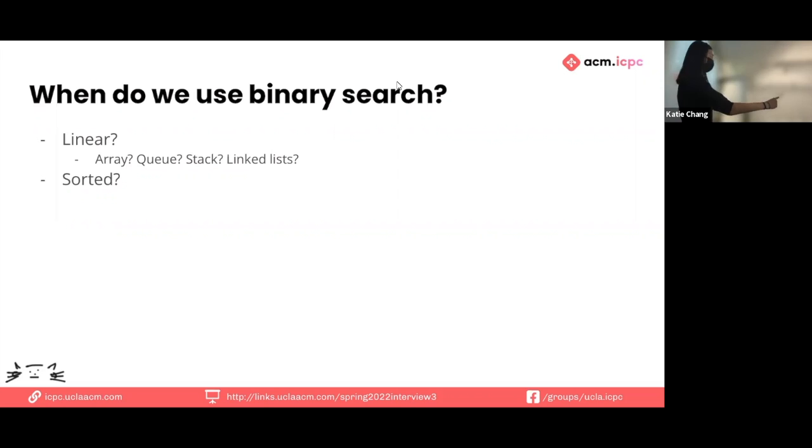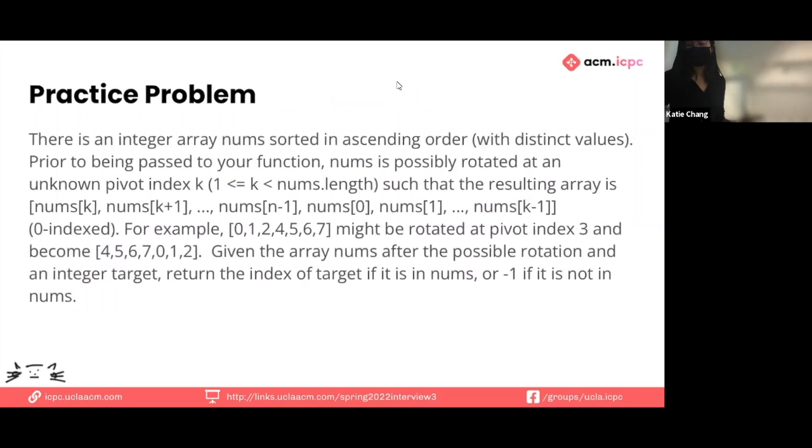Now the question arises, what if I have a sorted array, but it's rotated? So let's read this practice problem, right? So if we have a sorted array, say 0, 1, 2, 4, 5, 6, 7, and we rotate it by k amount. So say it's now 4, 5, 6, 7, 0, 1, 2, right? And we want to find a target number. Is there any way for us to do it